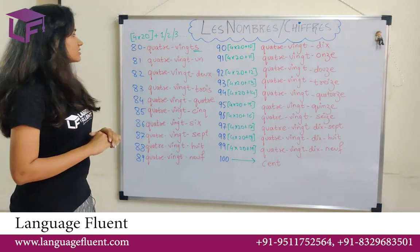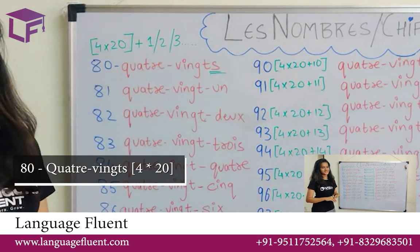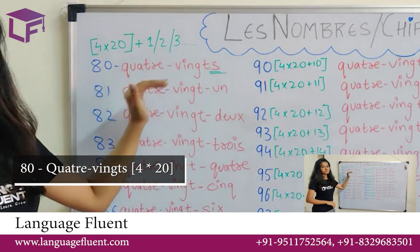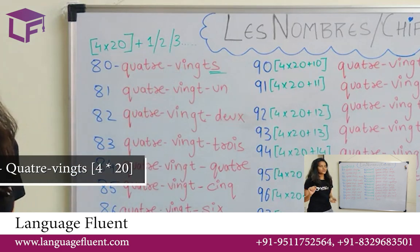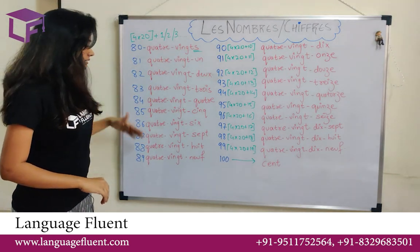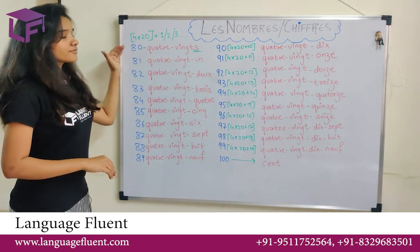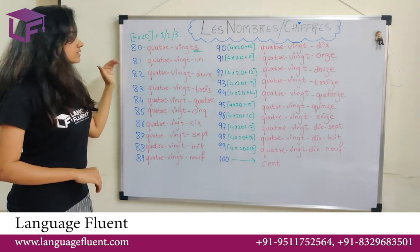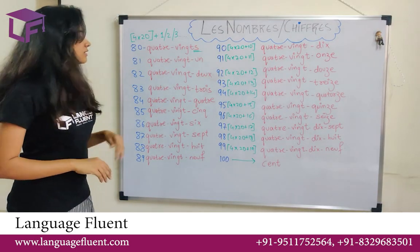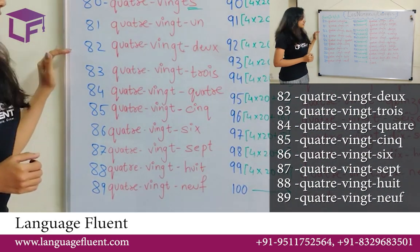So 80 is written as 4 multiplied by 20, and then you add 1, 2, 3 to it. What do I mean by this? 4 is quatre, 20 is vingt. So 80 becomes quatre-vingts. Okay, and I have underlined S because if you see the rest of the numbers from 81 to 90, there is no S in vingt. It disappears. Okay, so we have 80. Okay, and then we continue 81. Again, please note that the ET is not written here anymore. We have 81, and then we continue the way we have 82, 83, 84,